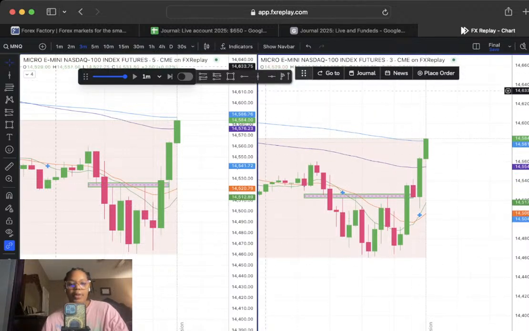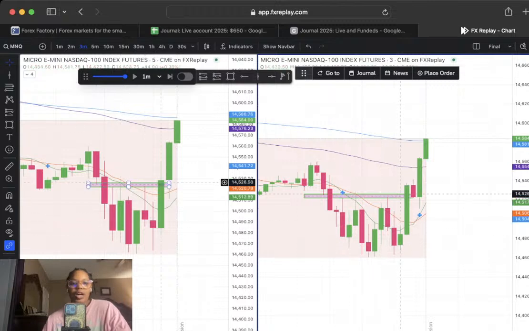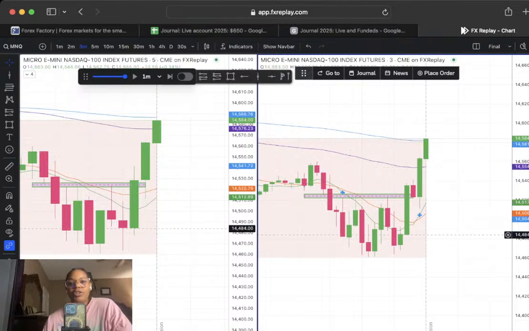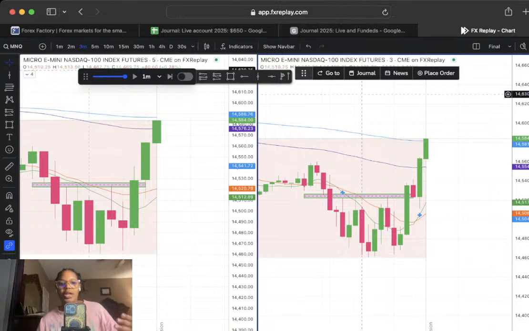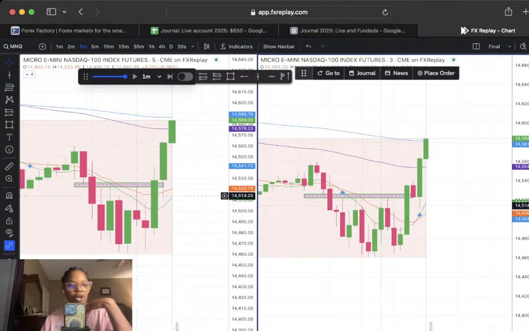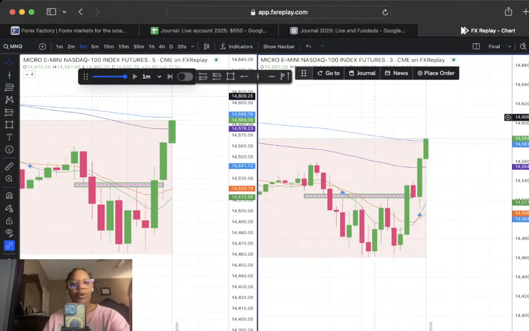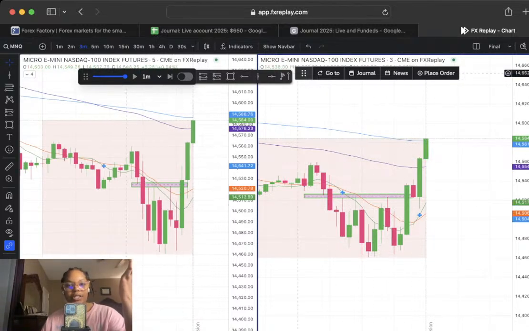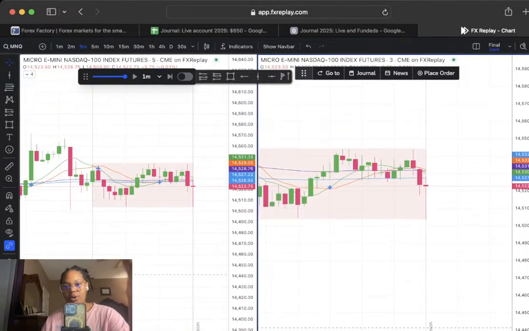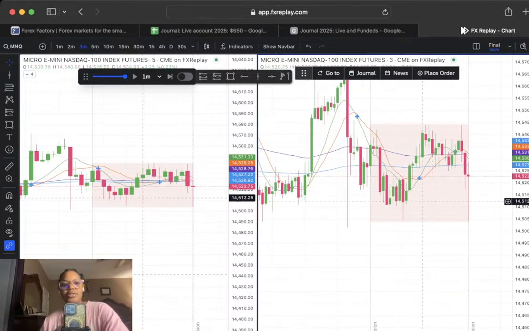This is called FX Replay, which is also backtesting. It's $30 a month, but you can practice by replaying things, not in real time. If you practice with paper money, you have to be on the chart in real time, really executing. Backtesting is good to get your confidence up and see if your strategy works. You can test 10 days in an hour, like we can go to the next day right now. Versus paper money on a live broker, where you have to spend the hours trading every day, so it takes a little more time.